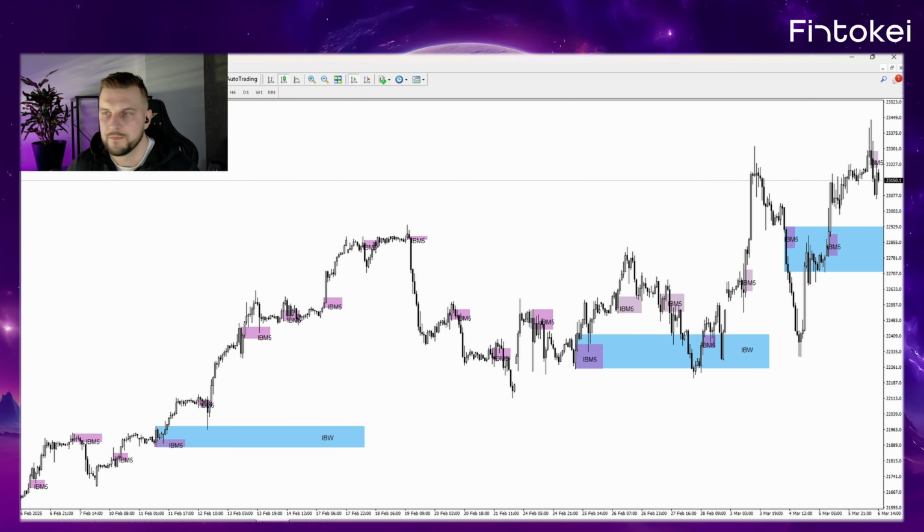Okay, on the chart you can now see IBW and IBM5. IBW is the weekly initial balance. This range is determined based on the first hourly candle of the DAX cash market on the Tuesday session. IBM5 is the first 5-minute initial balance. This range is determined based on the first 5-minute candle after the market opens each day.